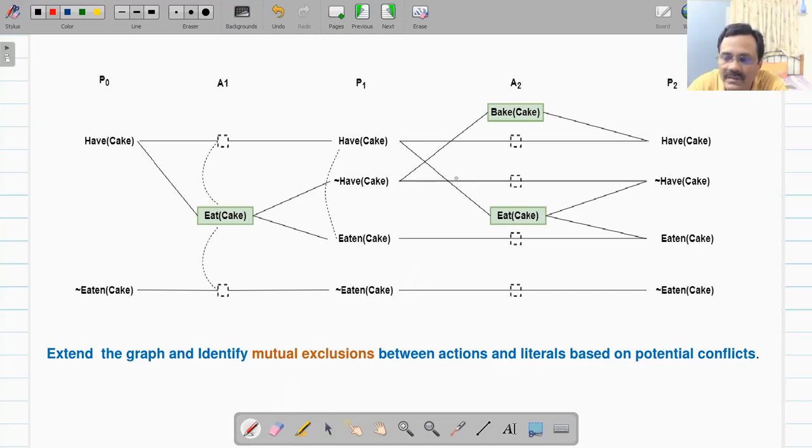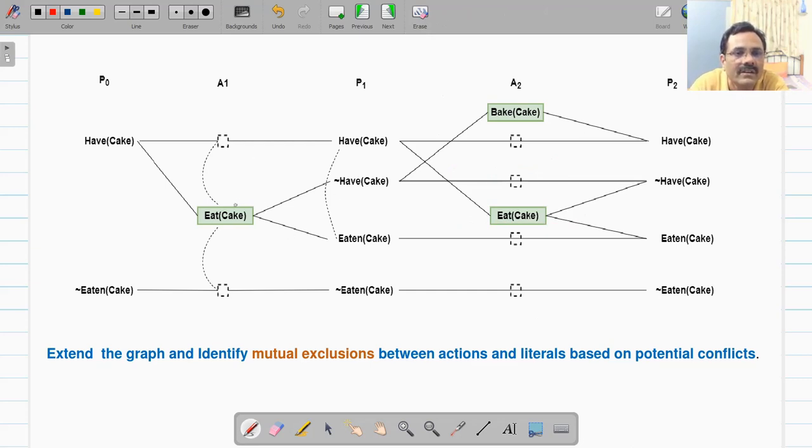For example, if you have action A and another action B, and if A's effect is P and B's effect is not P. So this action A has effect P and action B has effect not P. So one action is negating the effect of another. If this is the case, we say that it is an inconsistent effect. So both actions cannot be executed at the same time. So they are mutex. So let us check it out.